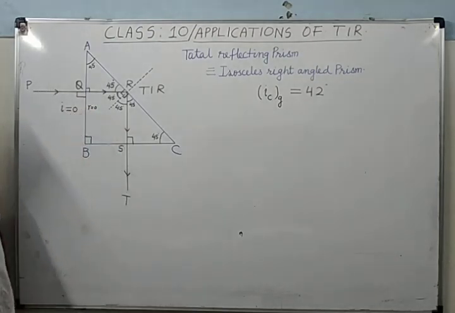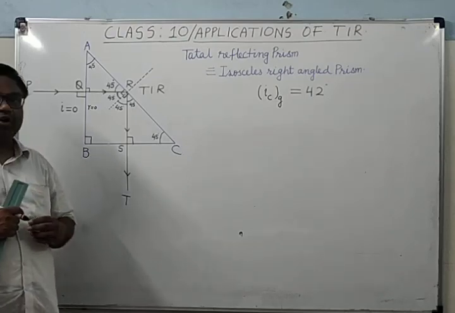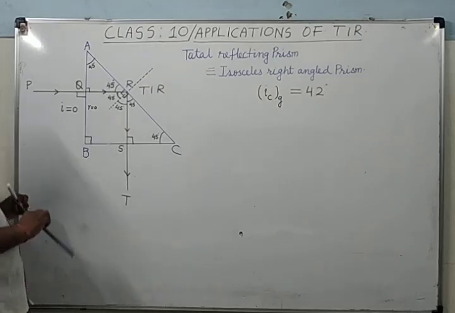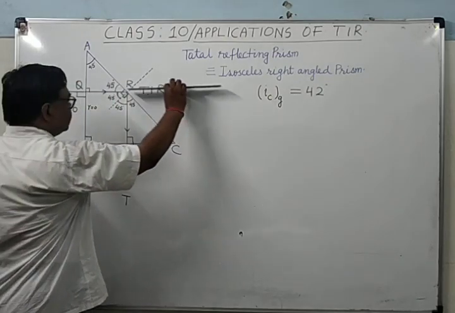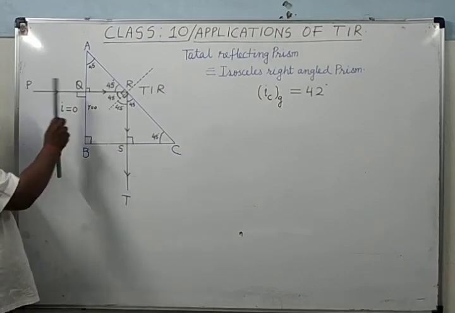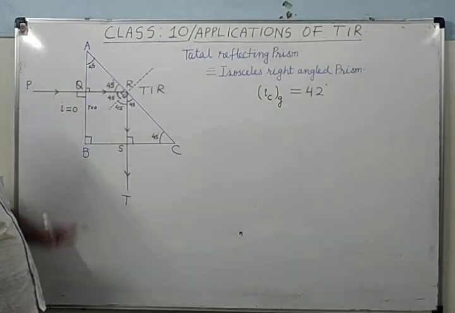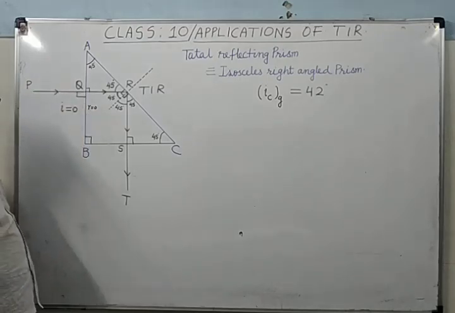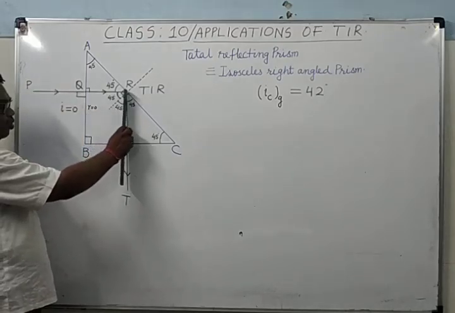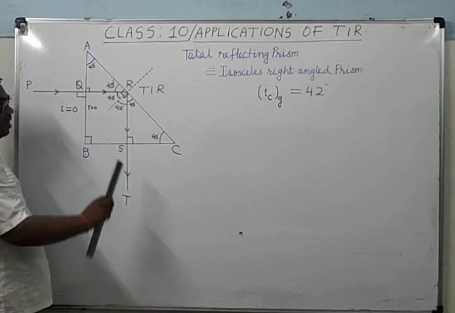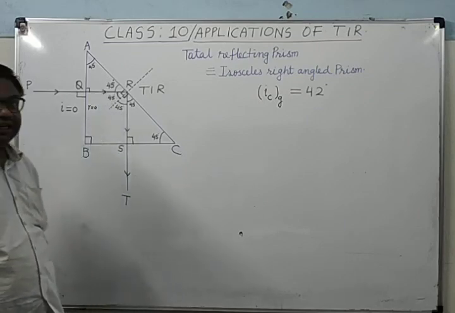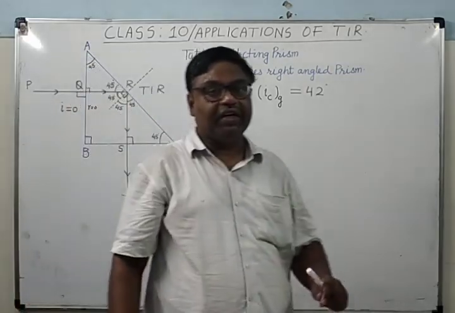There is no refraction. Means here the ray of light had deviated by how much angle? In the absence of the prism, this would have gone along this direction. But on placing the prism perpendicular to its path, what has happened? It is now going in this direction. Means it had deviated by how many angle? By 90 degree it has deviated.